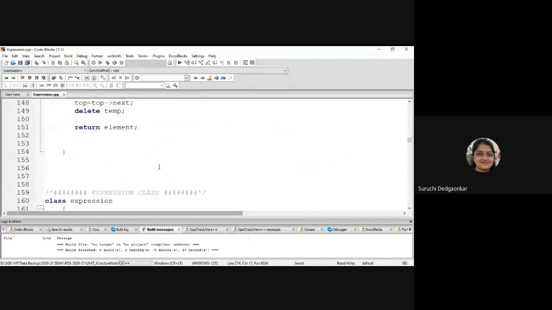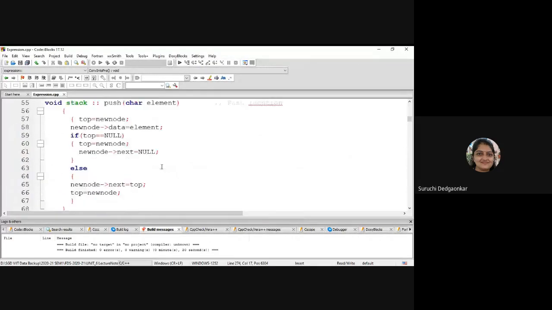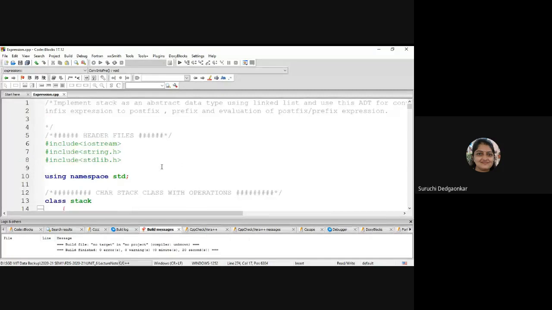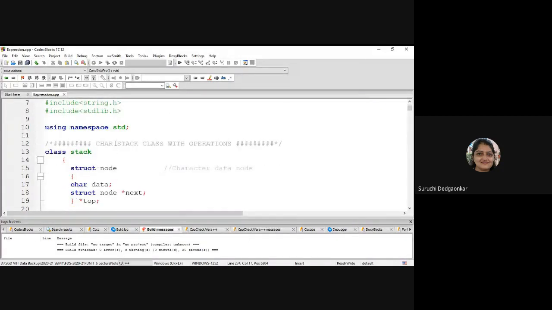All of you know the ADT for stack. We need to write isEmpty function, push, pop, and here we will not write an isFull function as this is linked list implementation. The node for the stack is declared like a single linked list node: struct node, character data, struct node pointer next.